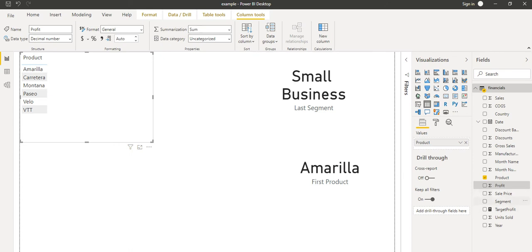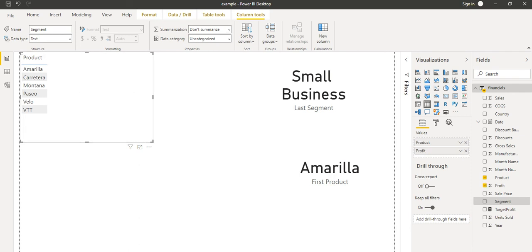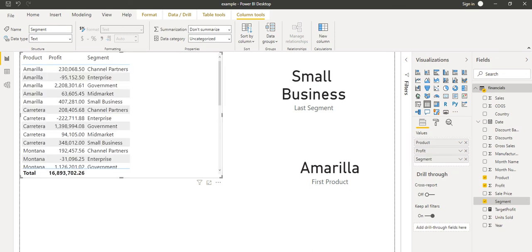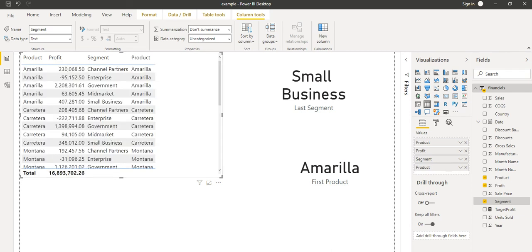Before that, let's take the profit, and with this I will take the segment, and I will take the product. Let's take the product as well. So we can see the record here.